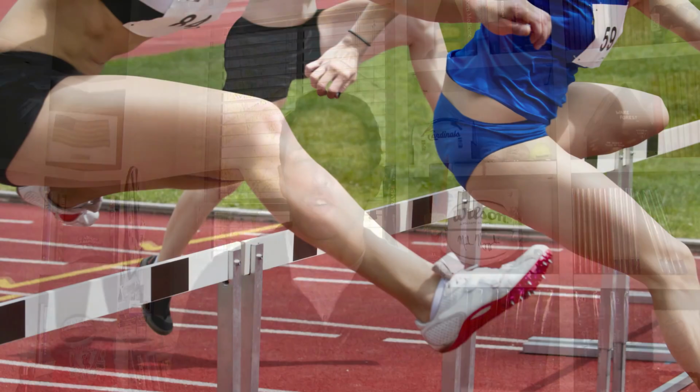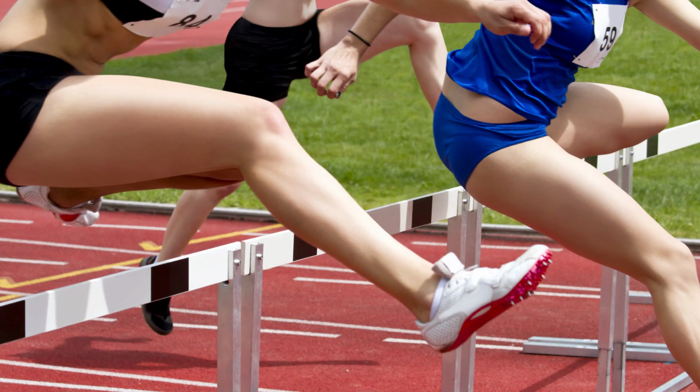Tibial stress fractures are very, very difficult problems for running athletes. You may just like to run for exercise. You may be in track or cross country if you're a high school or college athlete, and they're really tricky. Some go on to heal on their own, but there's a small group of them that no matter what you do, basically stop running for a while, even being on crutches for weeks, may go on to not